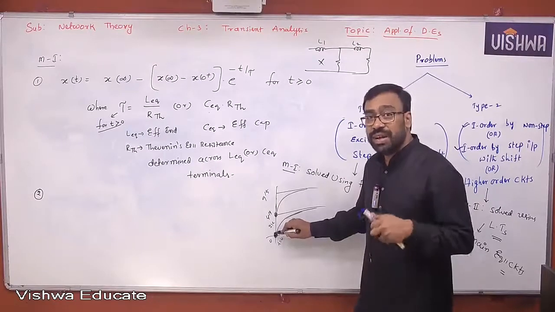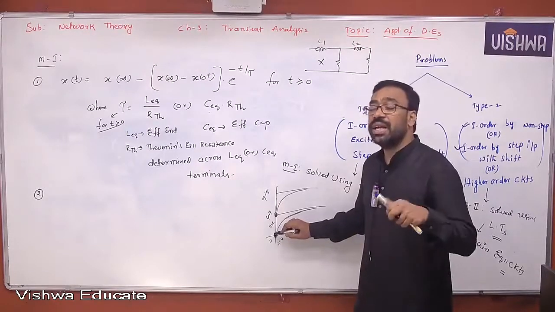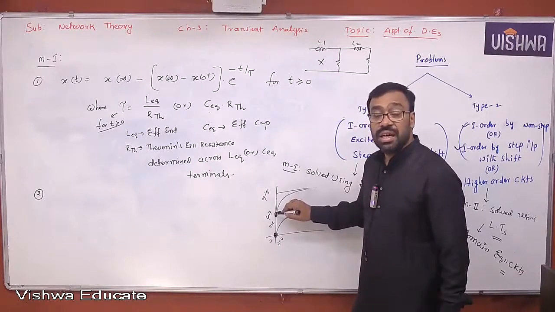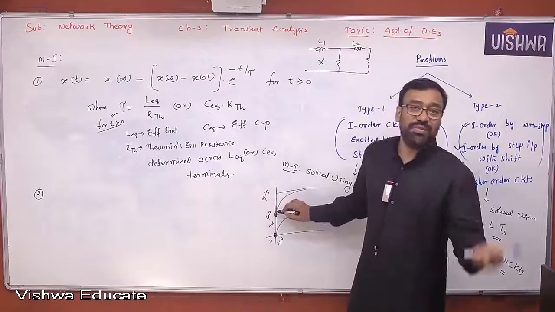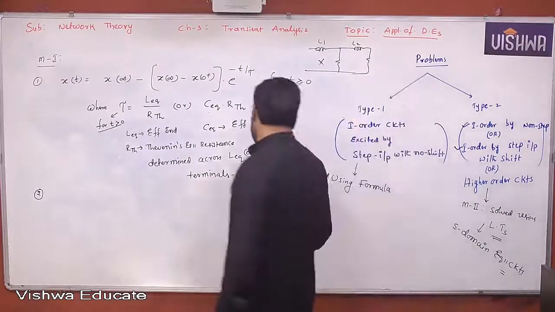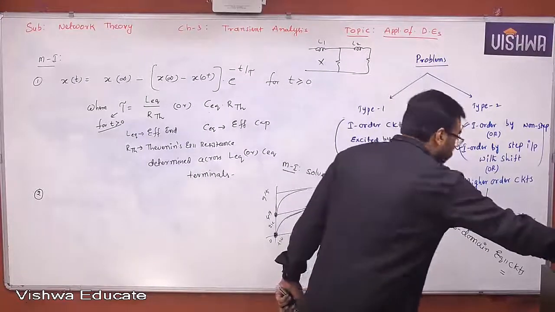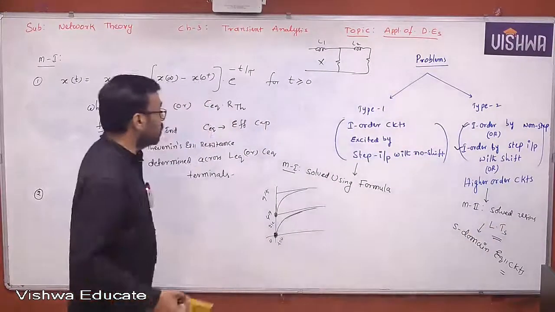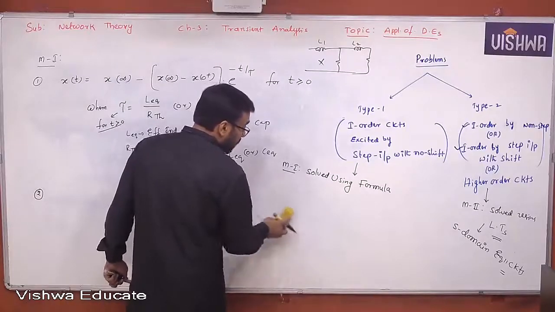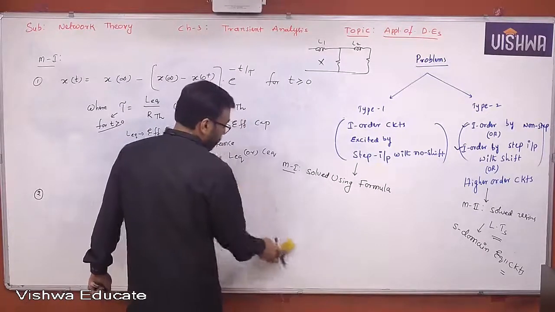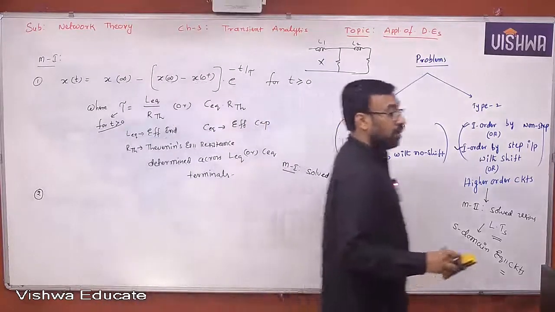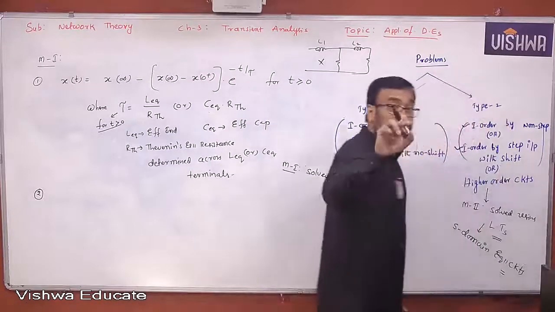When did that first disturbance occur here? At t equal to 0. When did the second disturbance occur? At t equal to 2 seconds with respect to the first disturbance. I hope you understand this. Therefore, for t greater than or equal to t naught. What is the t naught? T naught is the delay, the delay in the second switching operation with respect to the first switching operation.